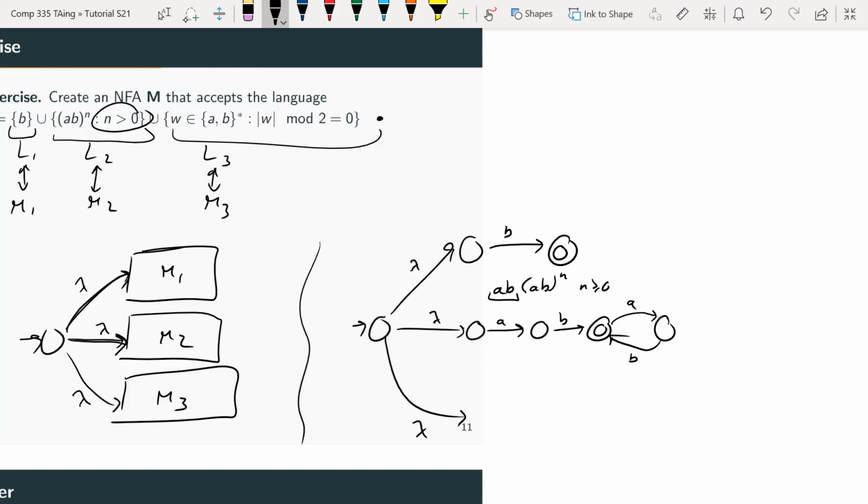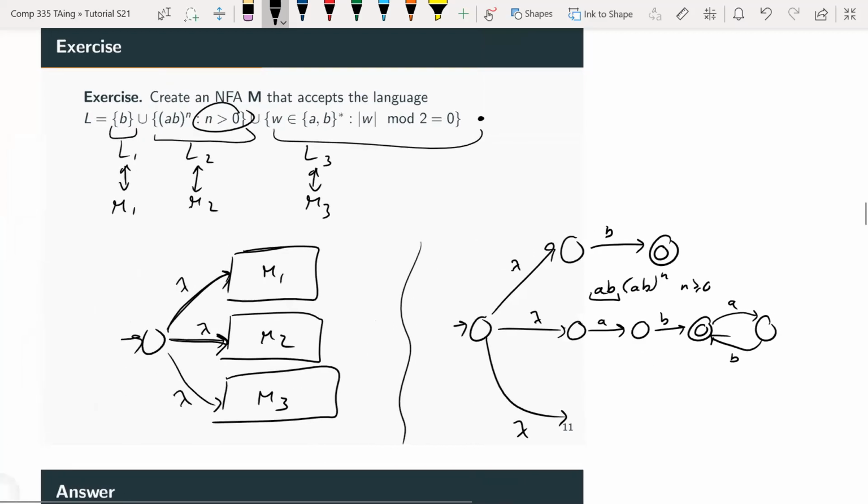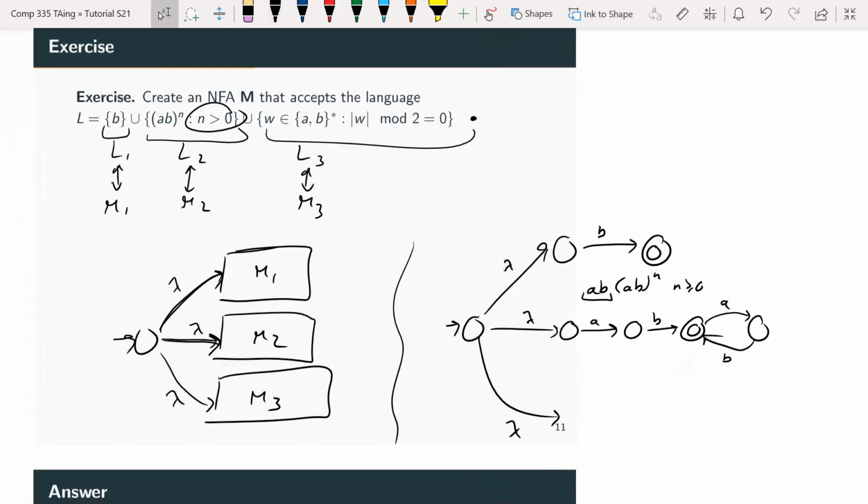And again, notice how I'm making my life a lot easier than with a DFA, because I don't need to specify each transition for each state, okay? And then the last one is W in {A,B}*